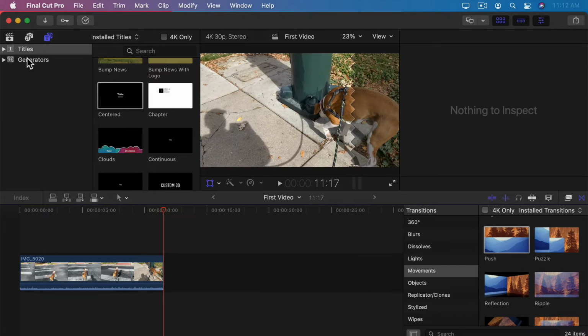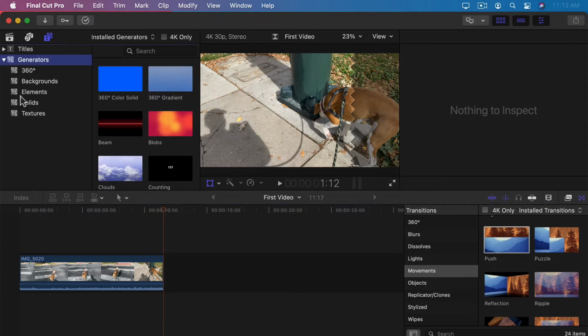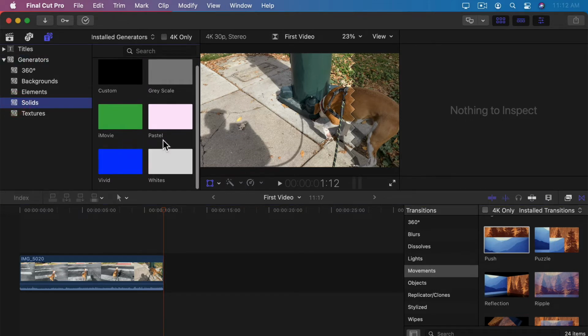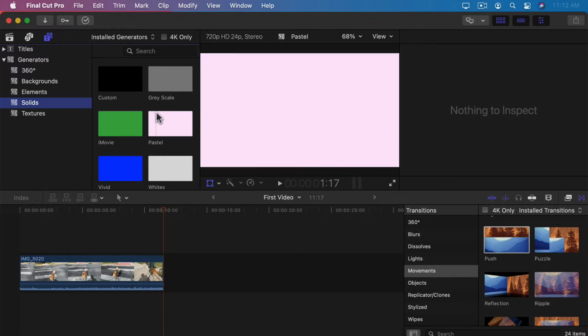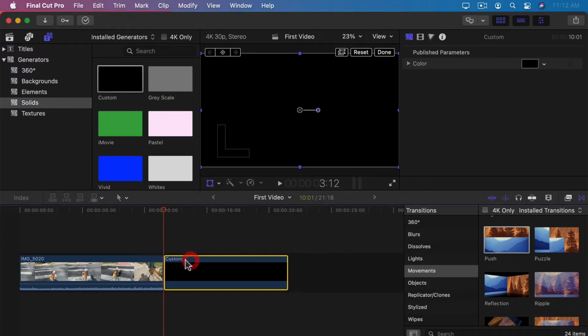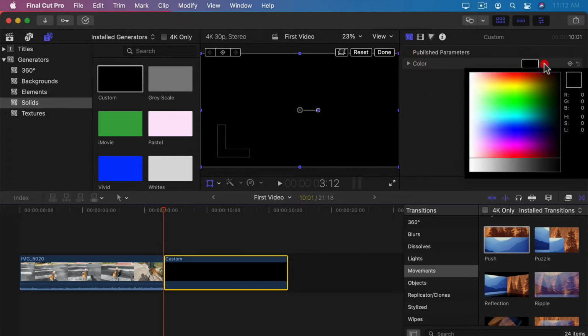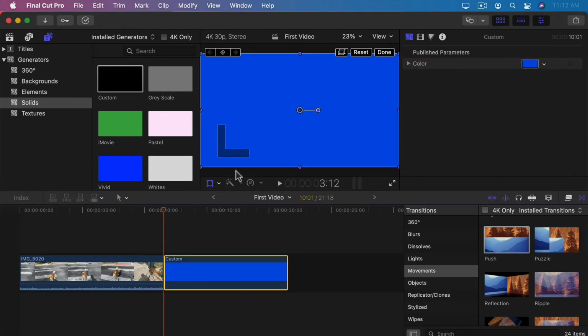Which brings up generators. So in addition to photos, say if you wanted to have something behind a title and you just didn't happen to have a graphic handy, generators allow you to put a variety of different things already inside of Final Cut ready for you to use. For instance, let's go to solids. Solids are going to give us some colors here. So if we wanted to just have a color behind something, let's choose custom, drop it here. And you can see the properties here allow us to set this as any color. So I can set it up as a color, and now you can see how I could add a title